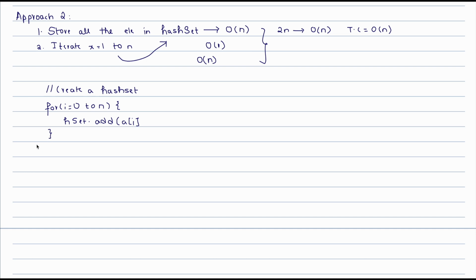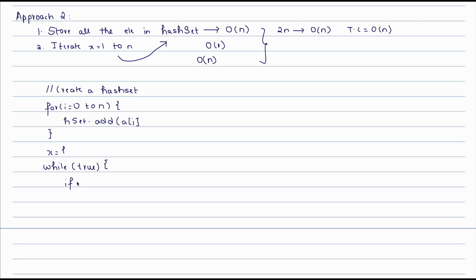Now we want to search for my value of x inside the hash set, so I will be initializing my x to 1. So while true,